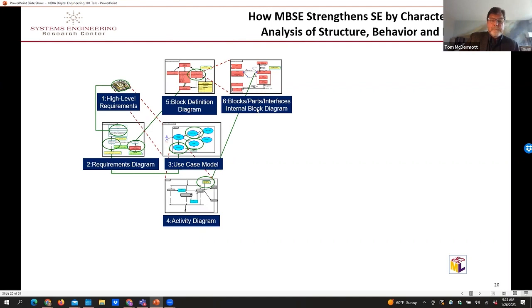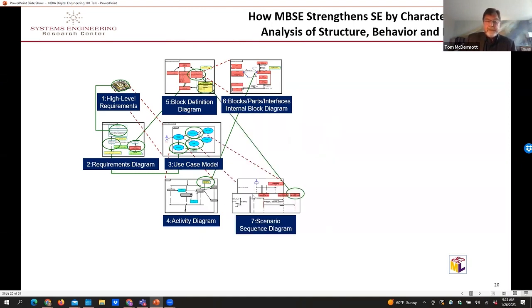And we're not done there. So once we have that allocated out, then we can start formally controlling the relationships between all of those components and activities as interface diagrams. We call that an internal block diagram. And so that allows us to bring some control or configuration management to this process. And then we can take that back into the high-level ConOps, and we can link all of these parts and all these use cases and all these activities together into what's known as a scenario diagram or a sequence diagram, where now we can actually go back and say, here's the end-to-end performance of the system. And that's captured in this modeling environment.